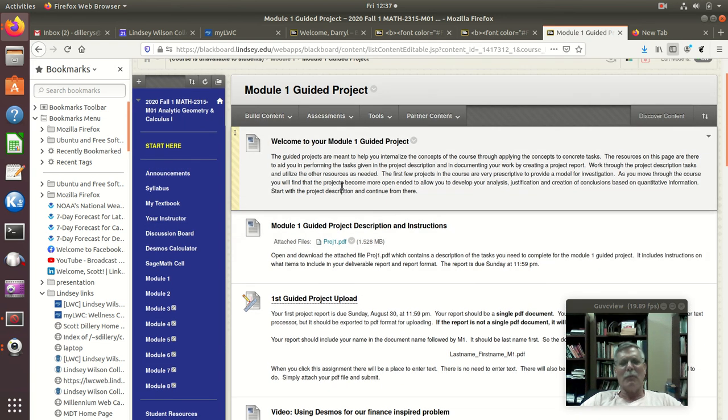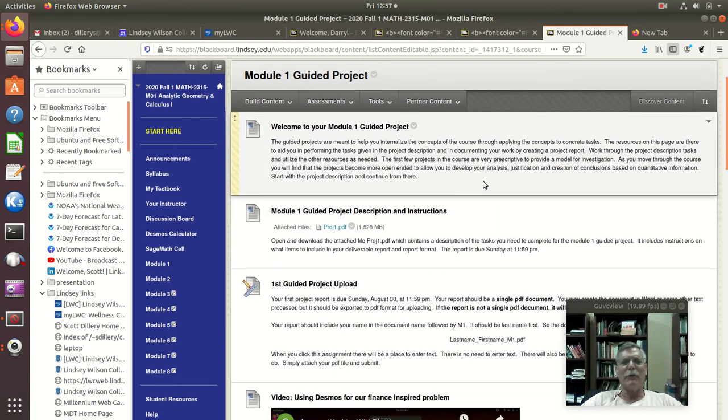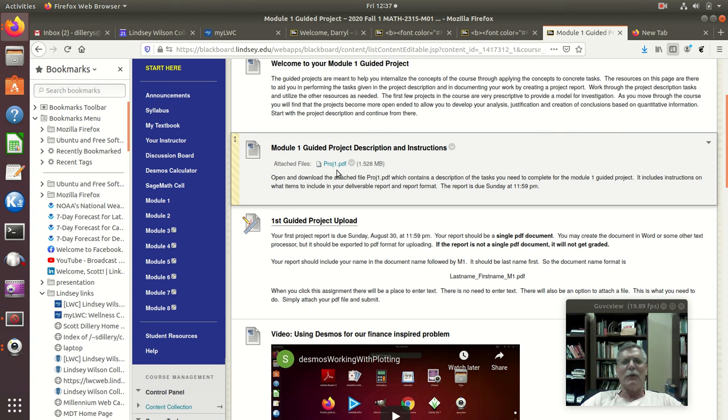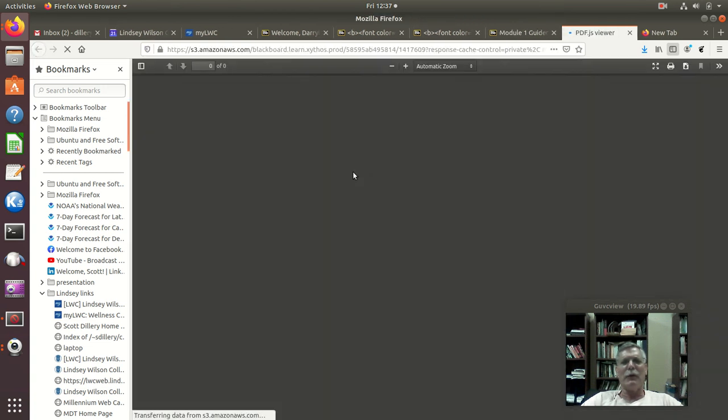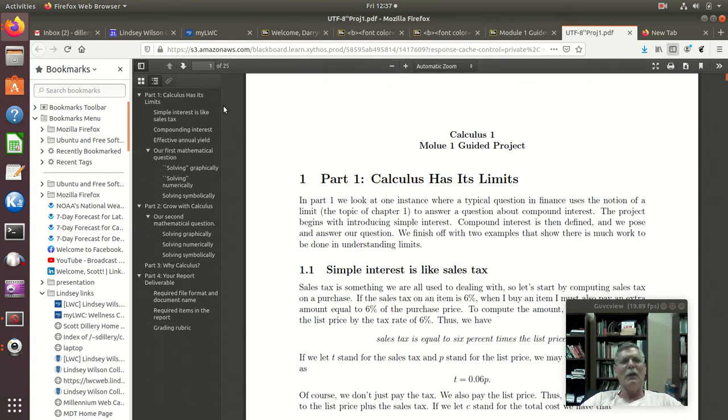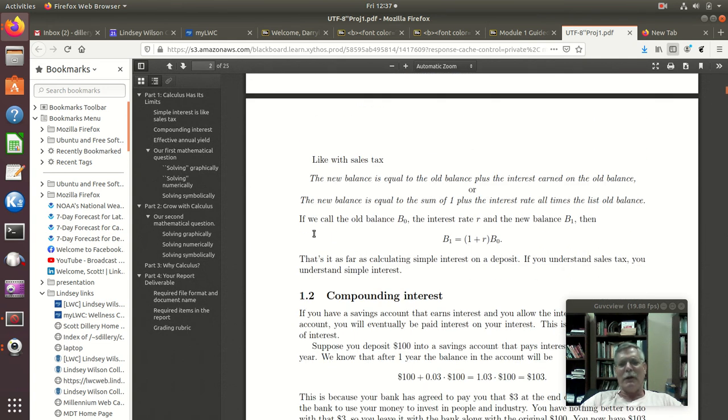The other modules won't have that welcome portion, but there are instructions. I click here, that opens a PDF, and notice, 25 pages. Now some of that is how to turn it in, and a whole lot of it is